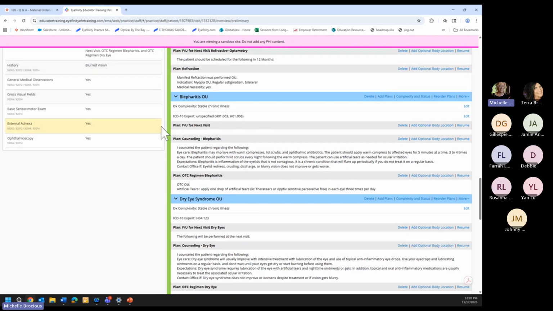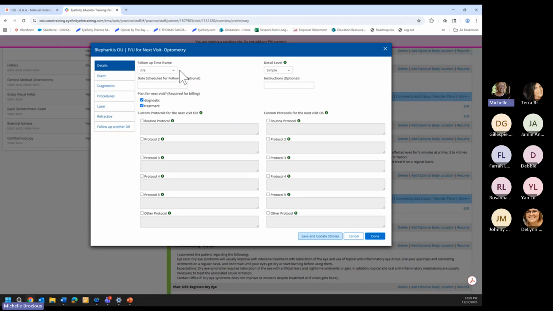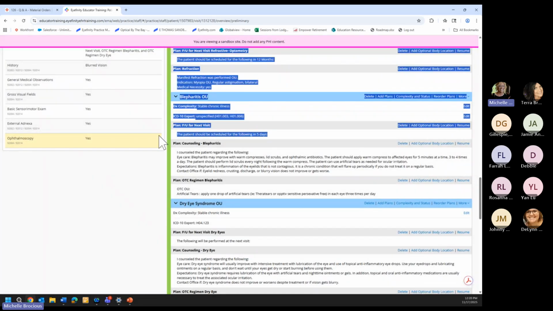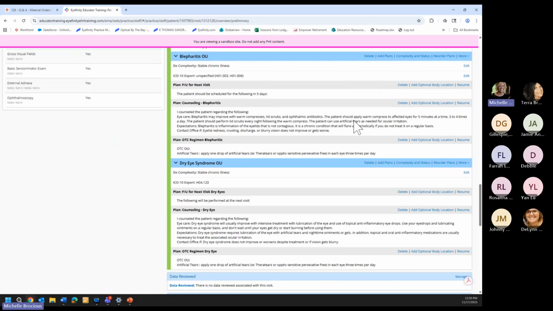Now, depending on the severity, I might want to see them back. I could go ahead and resume the follow-up plan to the right there. And maybe I want to see them back in a week for this. I could select that time frame, choose done in the bottom right, and it's going to add that right in there for me. I counseled them,